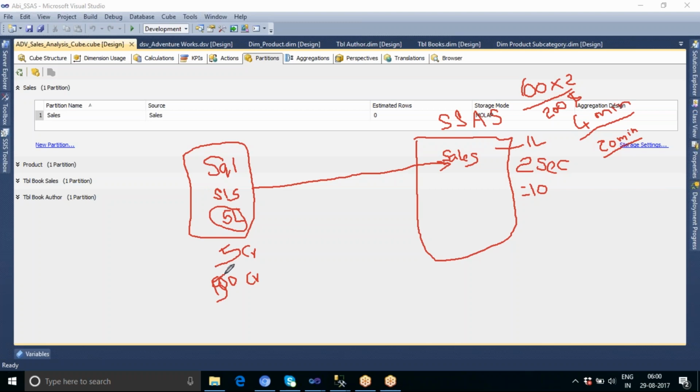So in order to improve some more performance, we have partitions. In this partitions tab, what we will do is, suppose this 5 lakhs data contains 1 lakh data for each year. So we will go and write